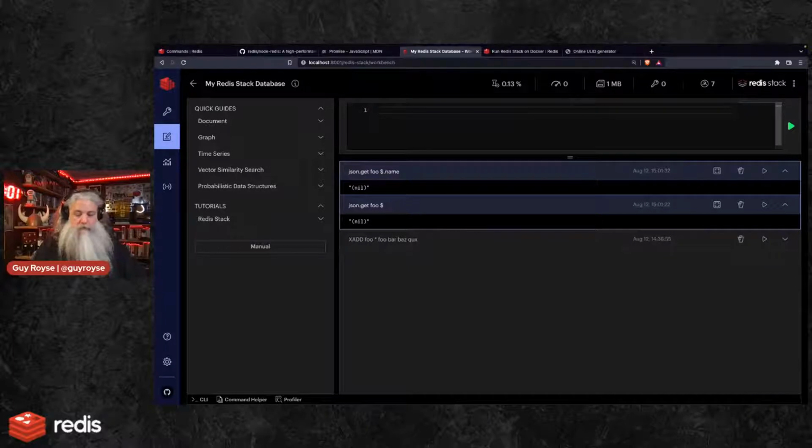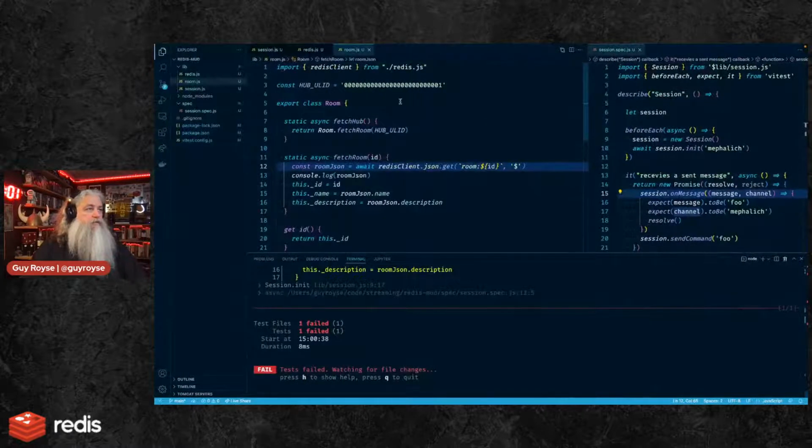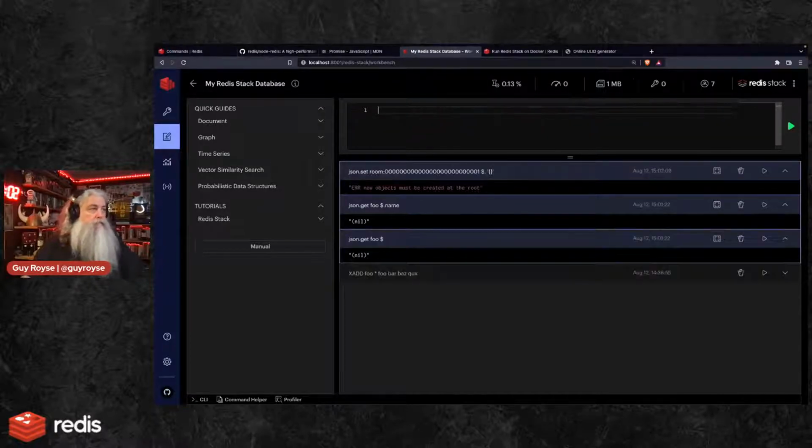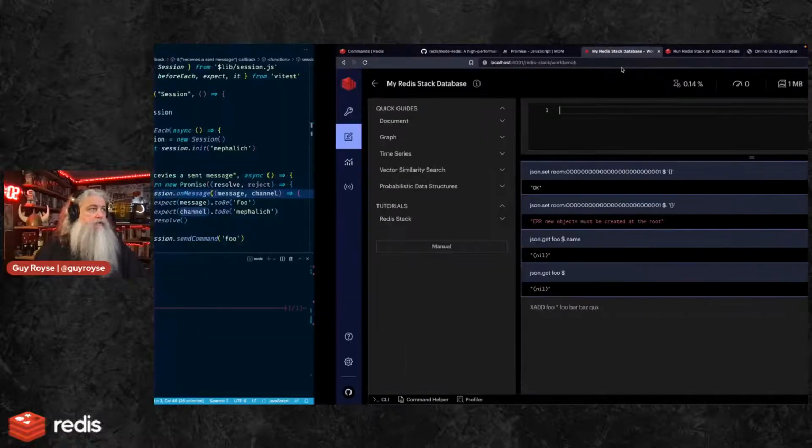Well, let's do this. JSON.set room: this $. and then a couple single quotes, and we'll give it a JSON document. This will be the name. Let's just set it to this. $. There we go. Now if we rerun this,